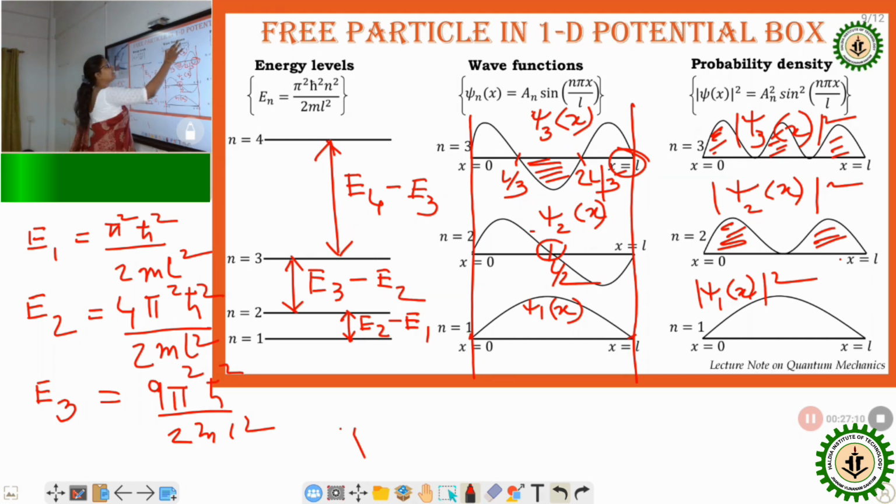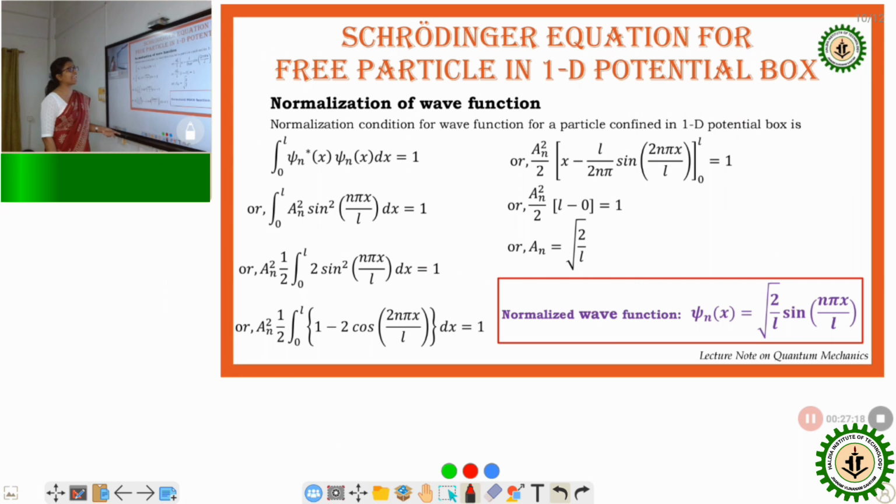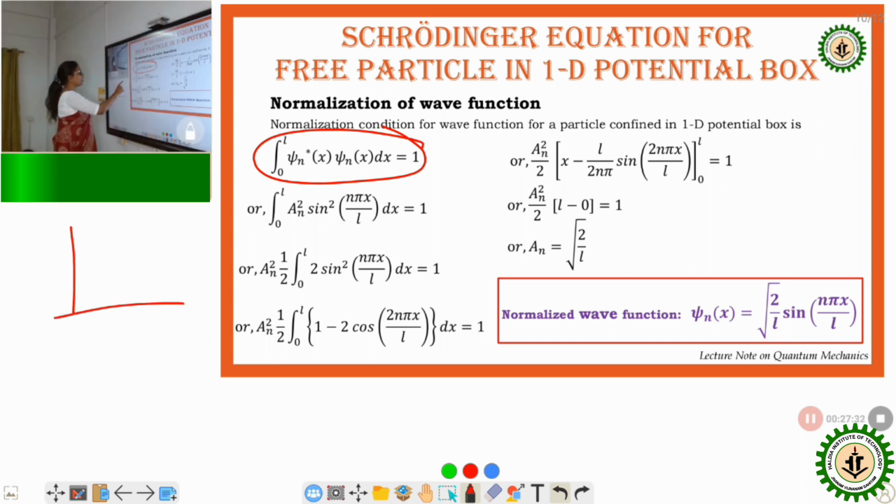So an is any arbitrary constant here. So we want to get the particular value. How do we get the value? This is the formulation of the normalization. Because you see why we are taking this limit, because you see in our case